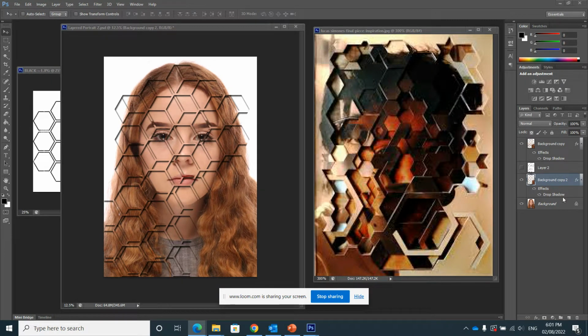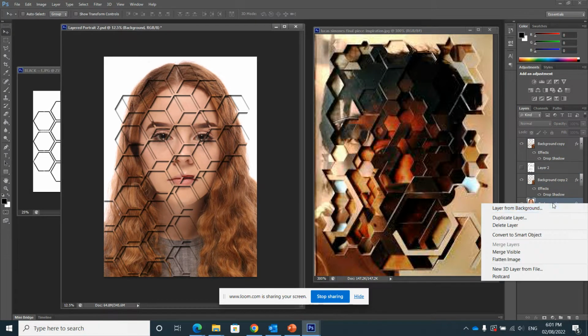Okay, guys, so well done so far. So we're just going to continue to add a little bit more complexity to the image with a few more layers. So again, keep repeating the process. So I'm going to click on the background layer again, duplicate layer. So right click, duplicate layer,